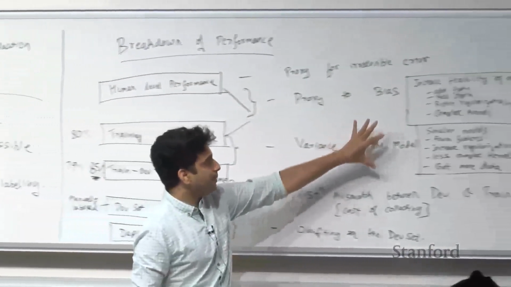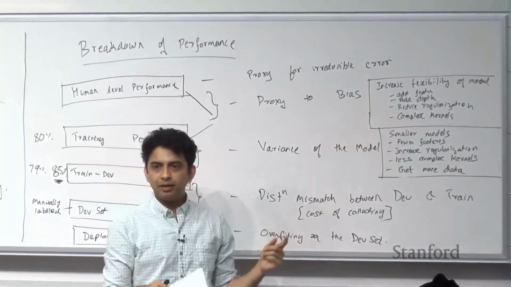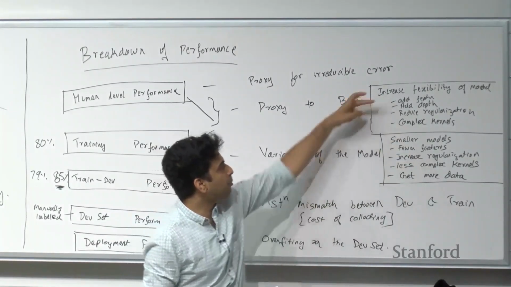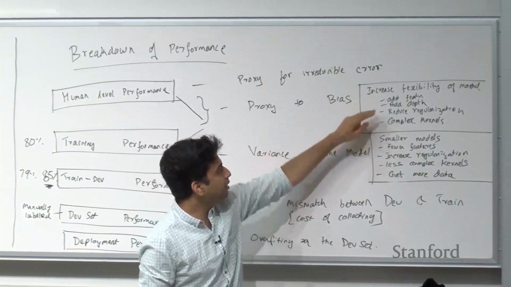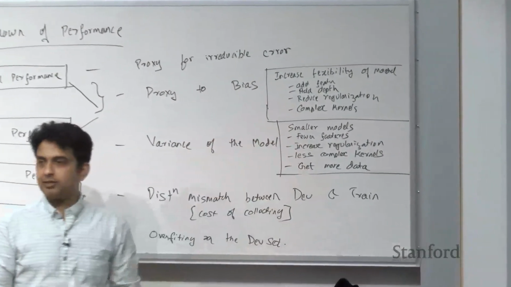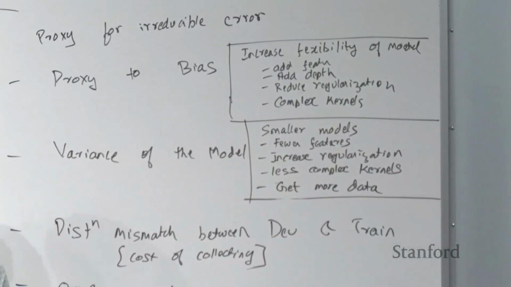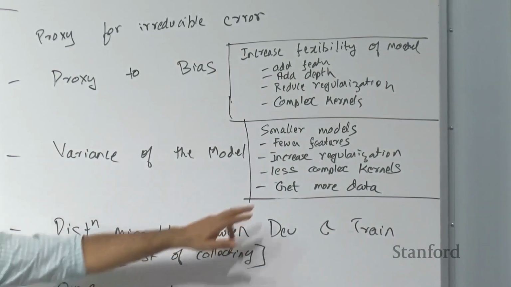So here in our action space, we saw that some of these actions can be contradictory with other actions. For example, add features versus fewer features, add depth versus reduce depth, reduce regularization versus increase regularization. So some of them are contradictory, and it's inevitable that you absolutely need to do a bias variance analysis to decide which of those actions you need to take. However, there is this